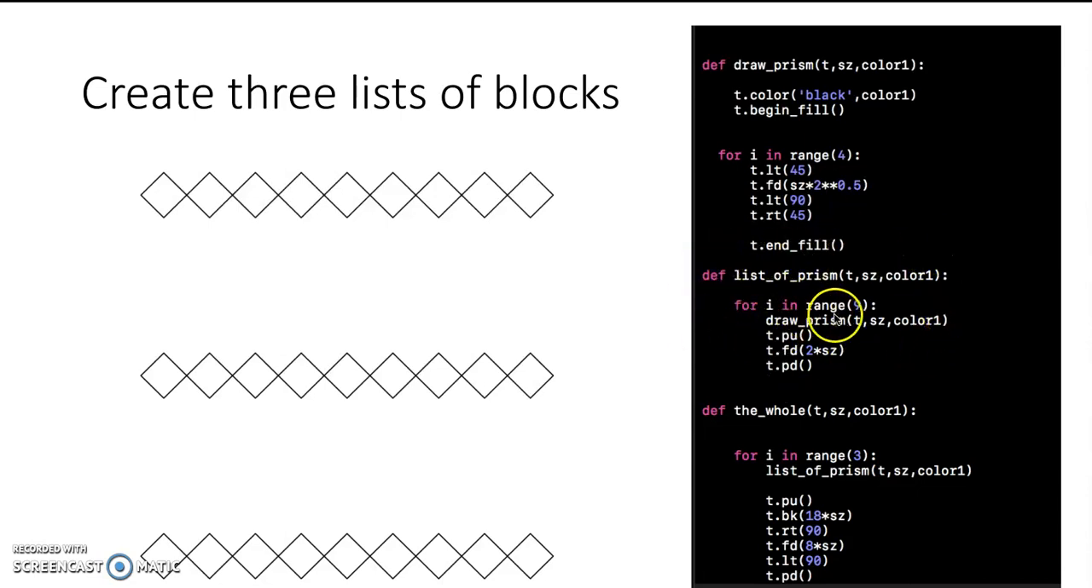So for i in range 9, it will repeat 9 times. So this is 1, 2, 3, 4, 5, 6, 7, 8, 9, totally 9 blocks. And then I also use this function as a help function, and then get here. It repeats 3 times. This is the 3 lines, 1, 2, 3, and then I just move forward 8 sides. As you know, for the image, its total is